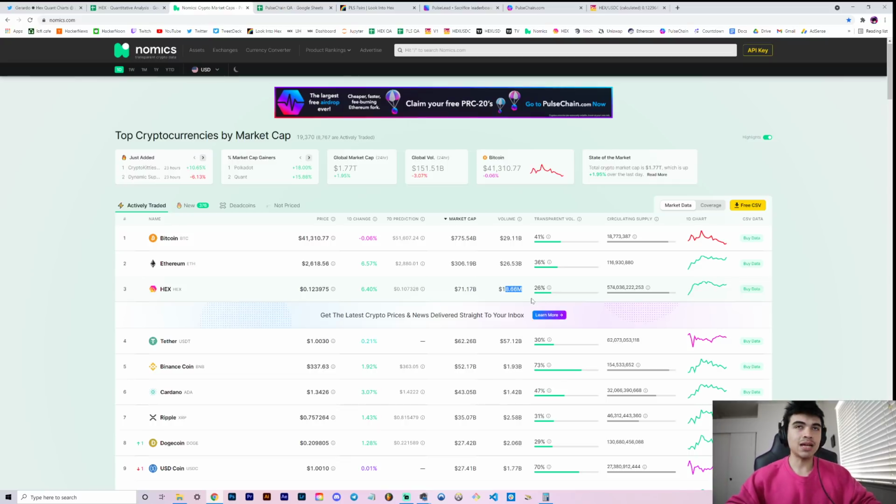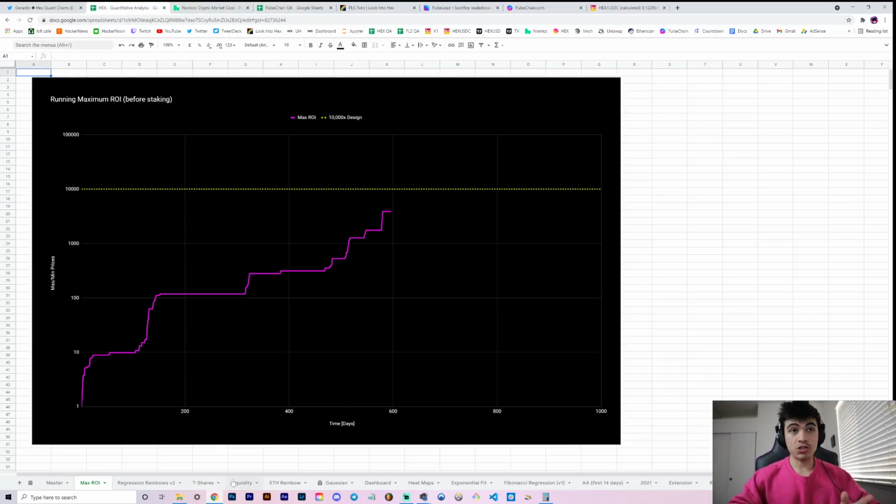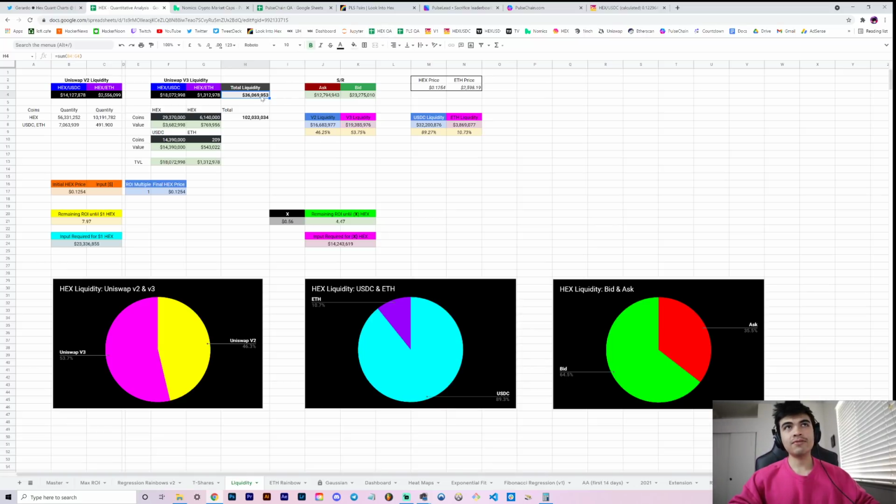And the reason I had the liquidity tab open, I just remembered, was to give a similar example again. Total liquidity is, last I checked, about $36 million, about 13 million on the ask side, excuse me, and about 23 million on the bid side. So the point here is $36 million of total liquidity,